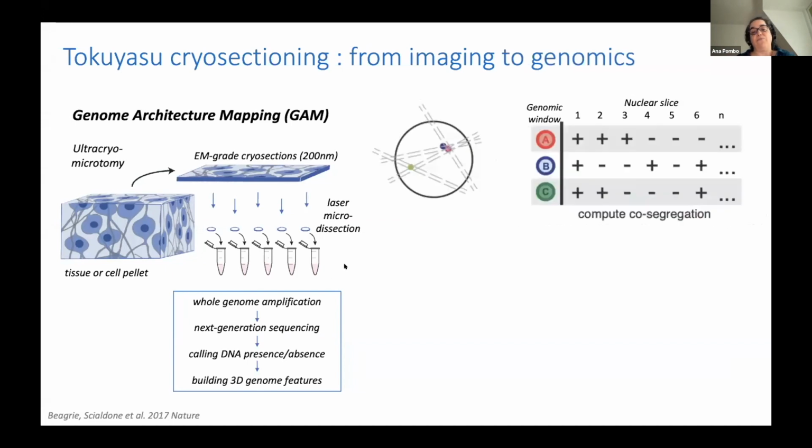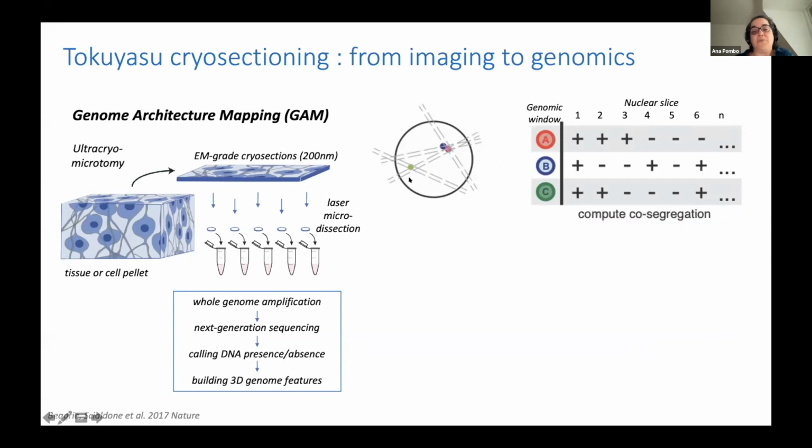And so the way this works, in a simple manner, is that if you think that we are interested in the pink and the blue locus here, that are very close in a particular population of cells, then if we take these randomly orientated slices, we will very often, when we find the pink, find the blue because they're so close. It's very difficult actually to slice one without the other. But of course, conversely, if we are interested whether the green and the pink are together, we will very rarely find them in the same slice, and even more rarely green, pink, and blue.